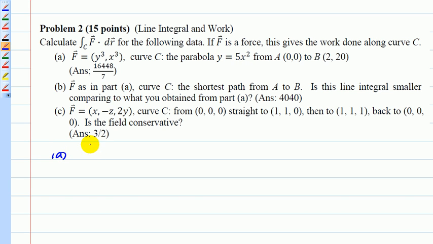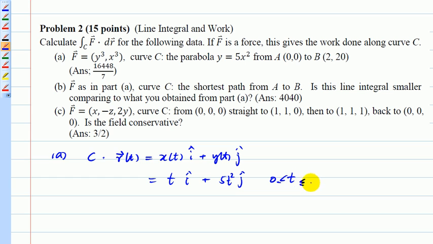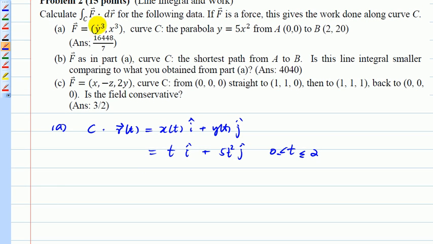So for part A, what's the parametric equation for curve C? This is a plane case, so apparently it's going to be just x(t), y(t). Because y equals 5x squared, there are actually infinitely many ways to parameterize this, but one way is to let x(t) equal t. Then y(t) is just 5t squared, right? The point changes from A to B, and x changes from 0 to 2, which means your t value will vary from 0 to 2. Now you have your r(t), then you can calculate r prime(t), and you can substitute into the F vector field